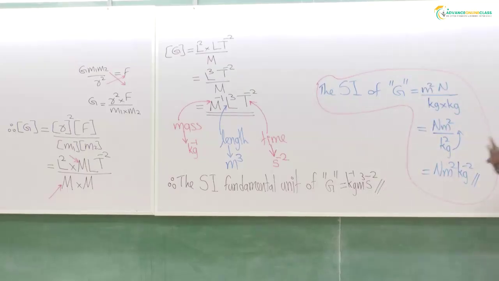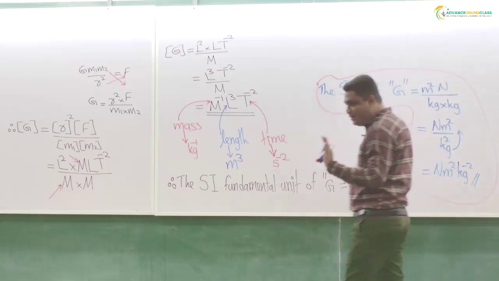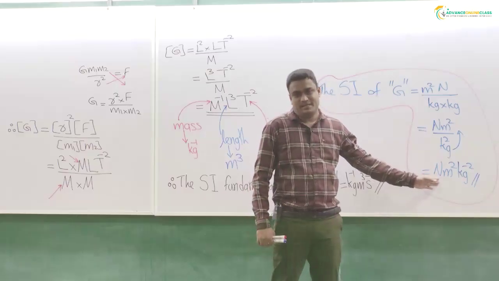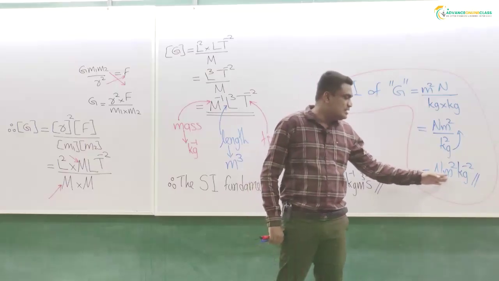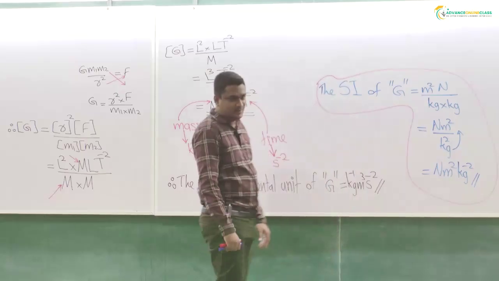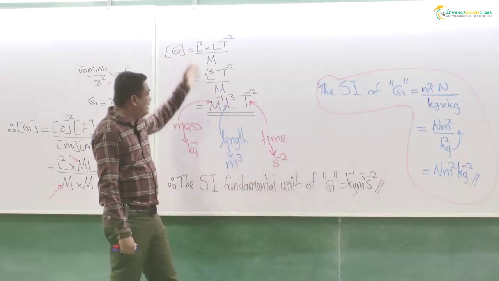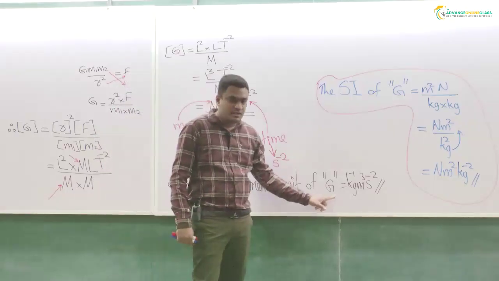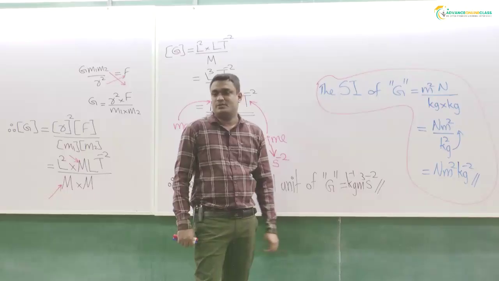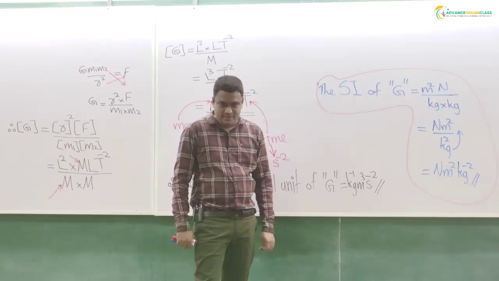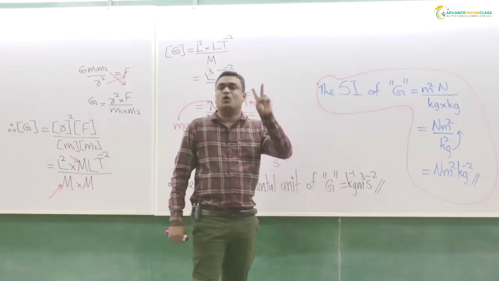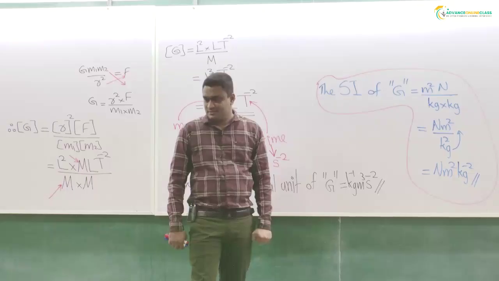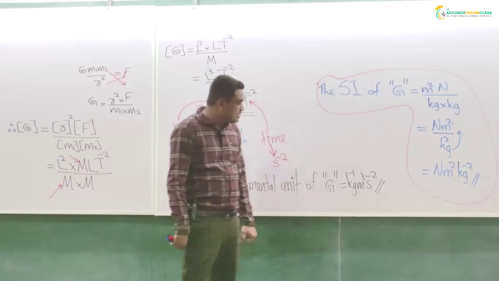Is everything clear? Now we know how to find units in a simple method. According to the simplest method, the unit is newton square meter per square kilogram. According to the method of dimensions, what is the unit of the universal gravitational constant? Per kilogram cubic meter per square seconds. Got it? You should know both. Which one is the correct unit? Both are correct. Okay?